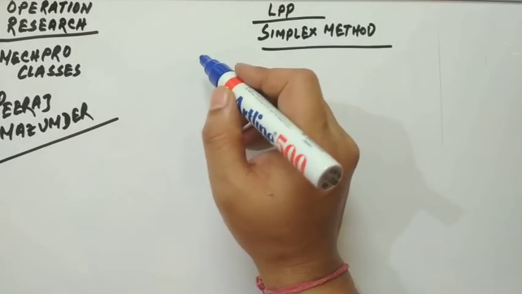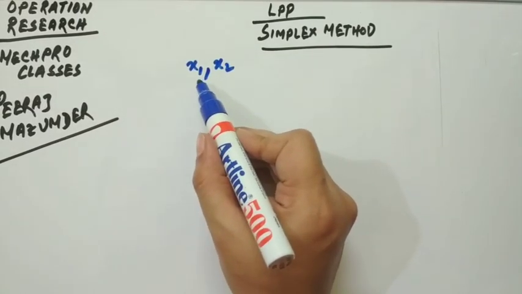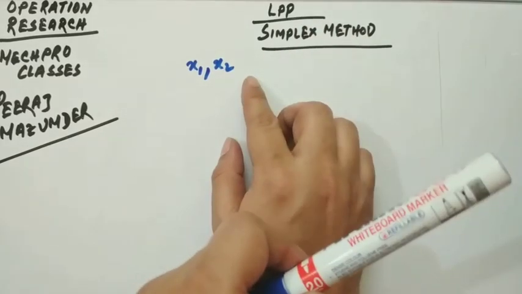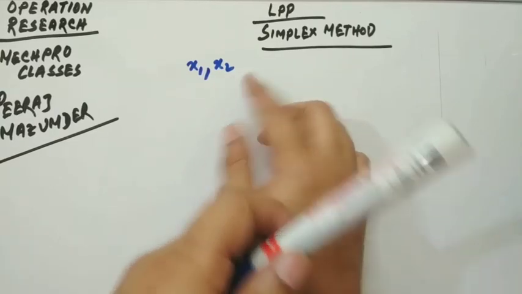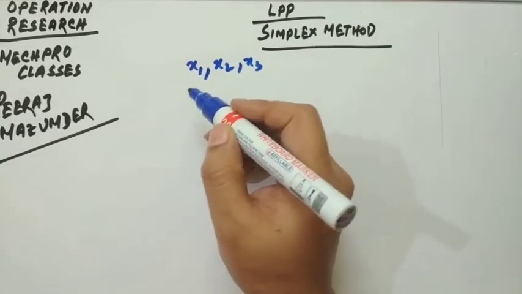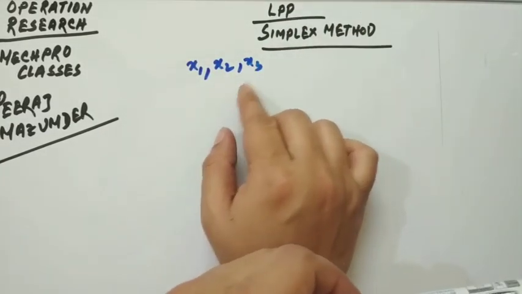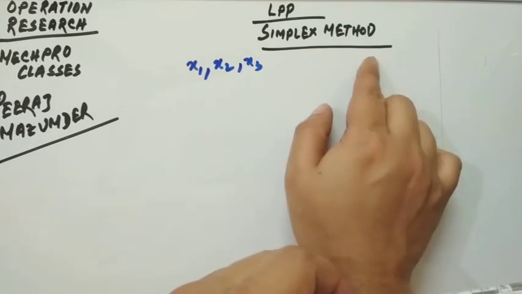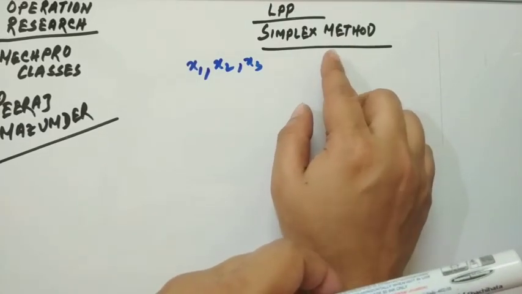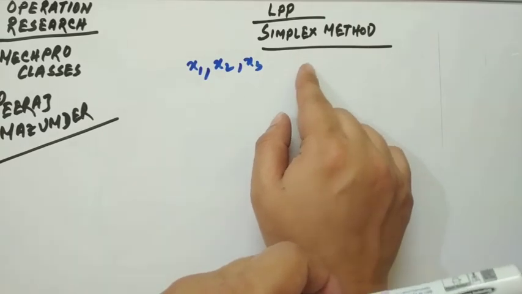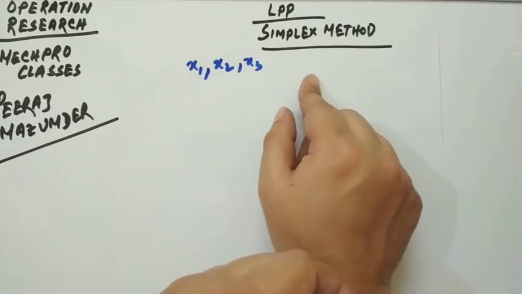The limitation is this: in our previous classes I told you that these are the decision variables x1, x2, xn. When these decision variables are more than 2, say x3 arrives, then the graphical method becomes inadequate. A linear programming problem then has to be solved by the simplex method, or many other methods like the big M method and the two-phase method. But in our syllabus there is only the simplex method, so we will solve by the simplex method. We will know today what the simplex method is, and everything in this particular video.